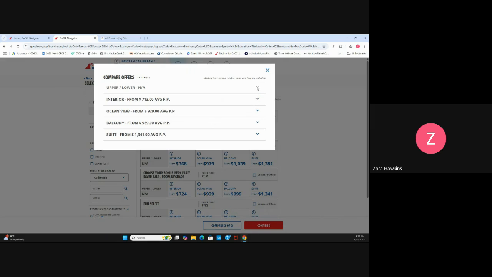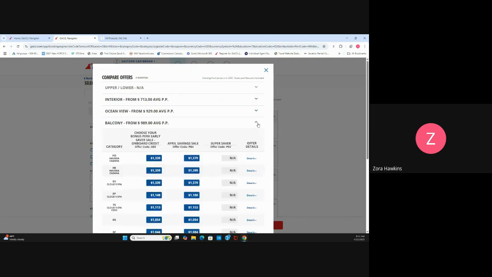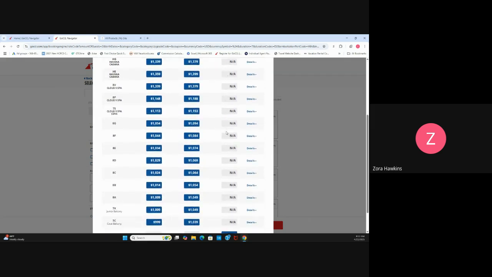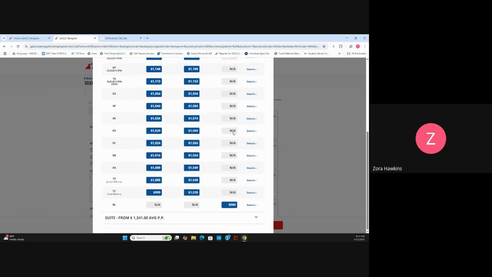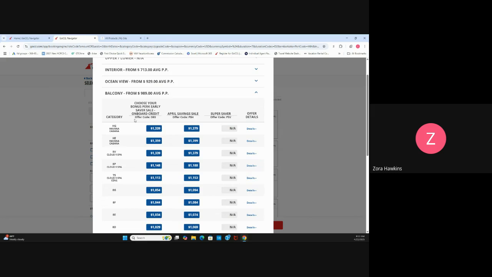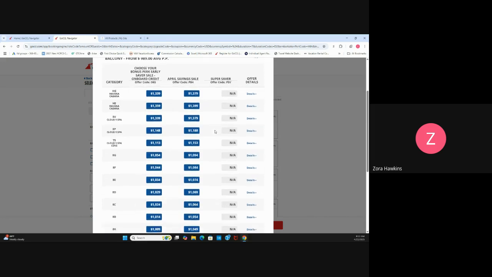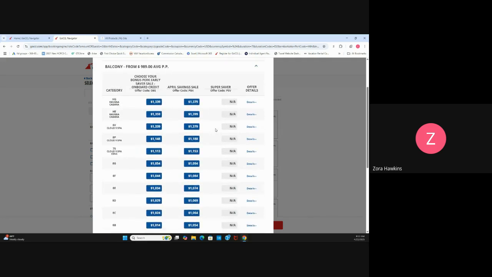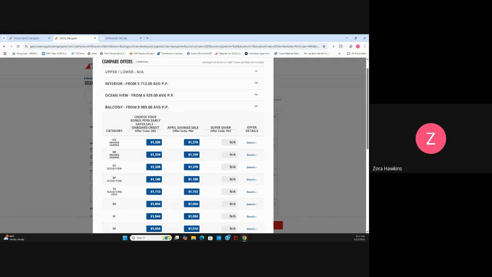And now you will find the staterooms that you can compare the offers to. We are looking at a balcony cabin, so I'm going to click on this one. These are going to be your 3 offers here. And let's look at the Cove balcony and see what we have. So I did select 3 offers. They don't have anything available in this section for the Super Saver offer, but we do have something for the Choose Your Bonus Perk Early Saver Sale with onboard credit, and we have